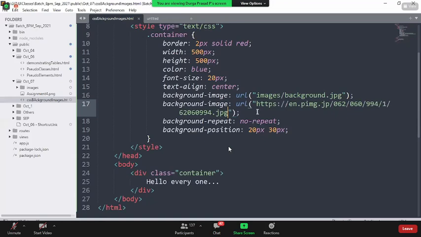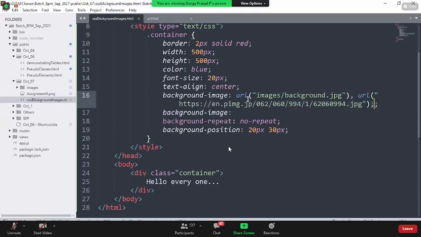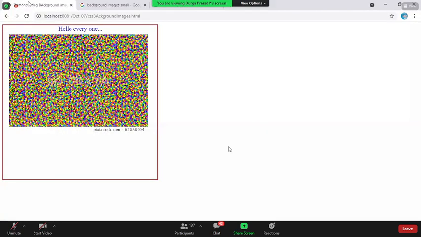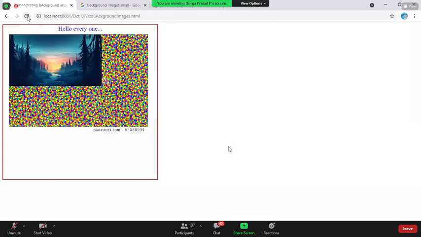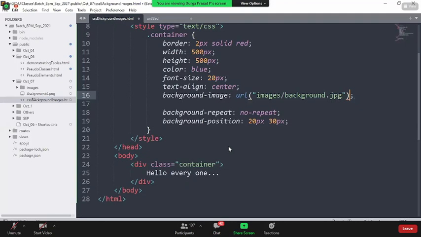But if it is CSS3, I'm just showing you to give you some knowledge. Anyway, we'll see them later. If it is CSS3, now if you come back and reload the page, do you see multiple images? One image is on one layer, and at the bottom layer there is another image. Like this, you can have any number of layers. Did I answer your question, Raj? Yes. Okay, I'm just removing this. As I said, I'll talk about this when I come to CSS3. Someone else, other questions, please?